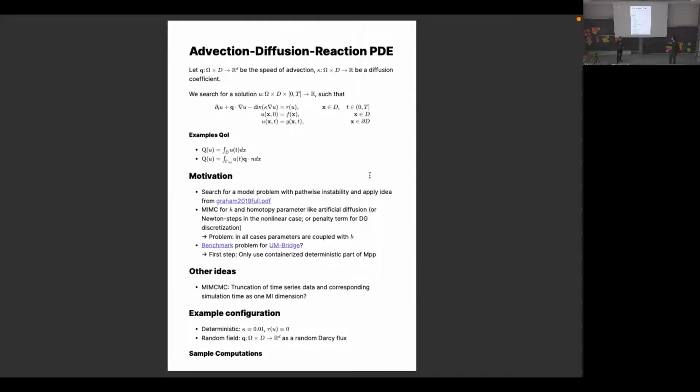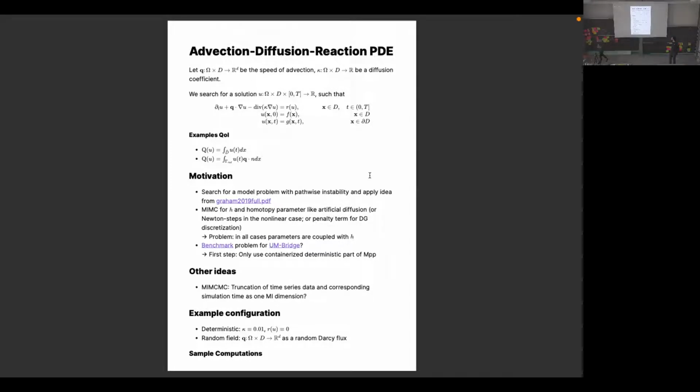And multi-index will most probably not work because the artificial diffusion and the H are coupled, and so this idea of multi-index is not applicable. But besides that, we thought this is a great toy problem for benchmarking, and that's why this is also appearing here in this